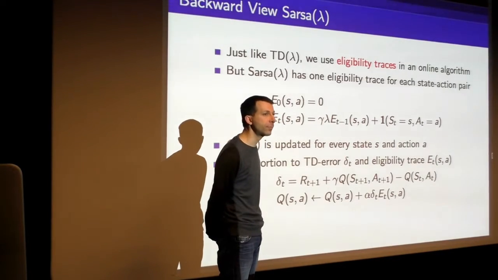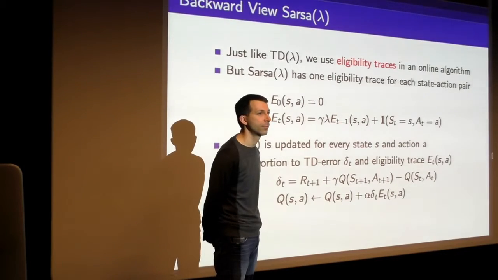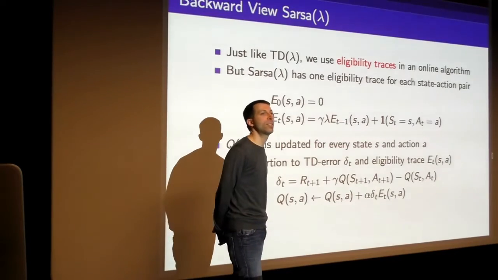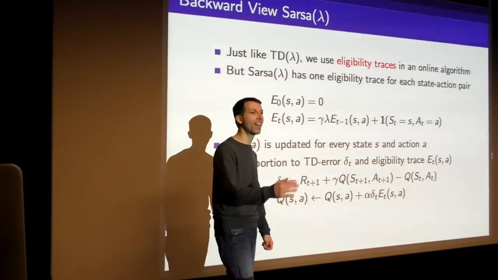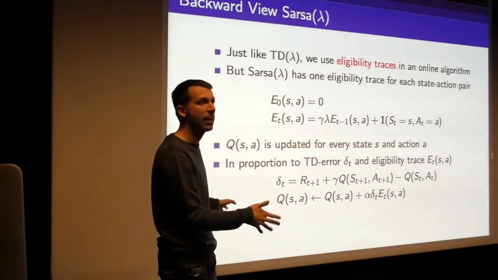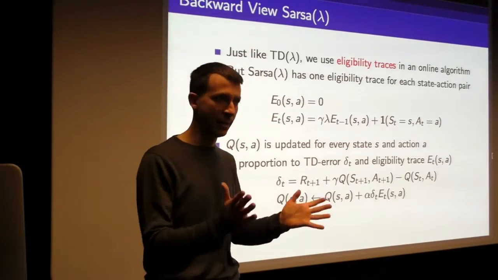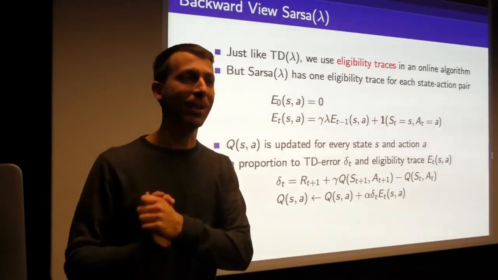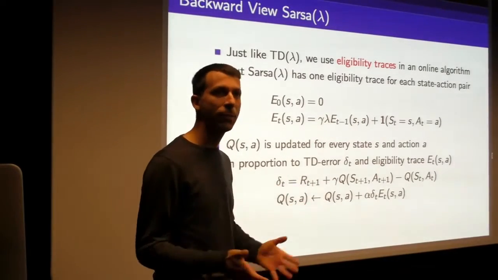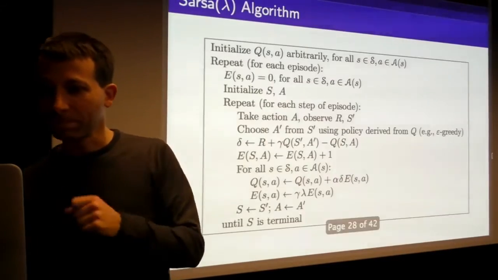Is there a way to apply this to very large state spaces where you don't effectively ever visit the same space twice, where you're using function approximation for your value functions? So the question is, can we do this in very large state spaces where you can't store this table? Next class. So next class we deal with function approximation. For all of the algorithms we've seen so far, we will generalize to function approximation in the next class. And so the answer is yes, you can do that and should do that, because table lookup is typically naive and you can't solve large problems until next class, and then you'll be able to.